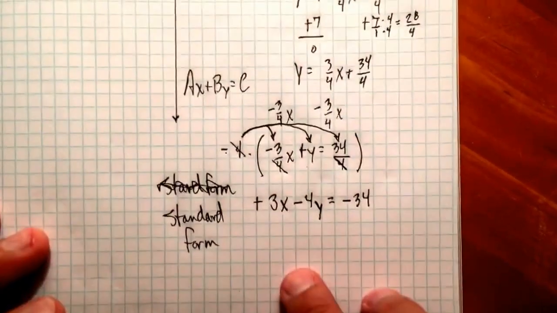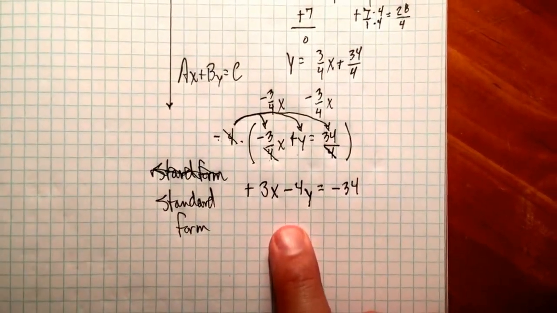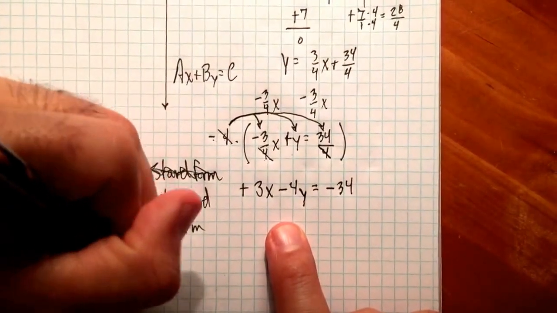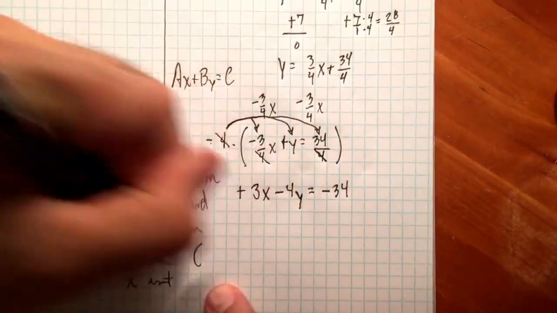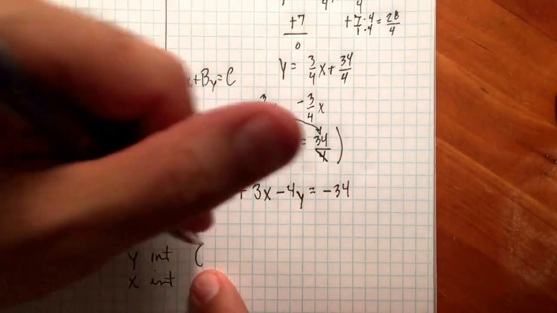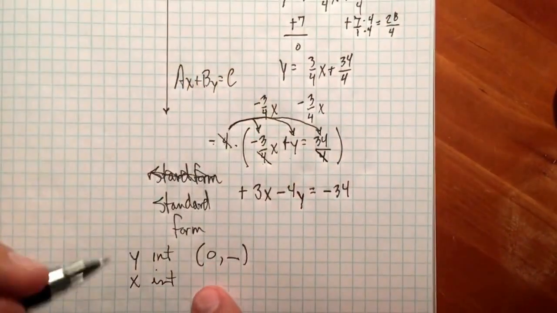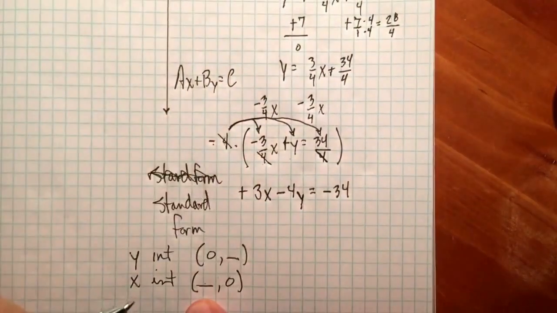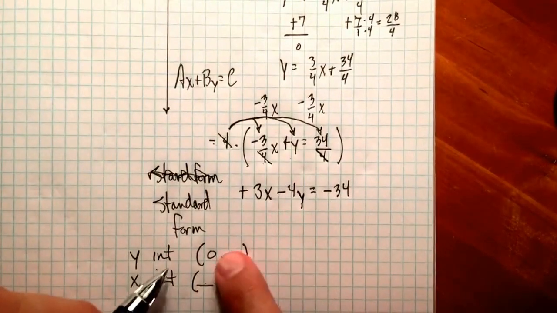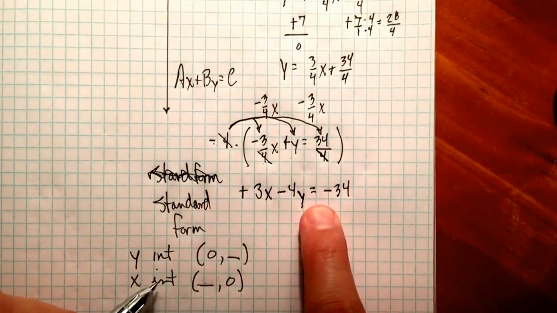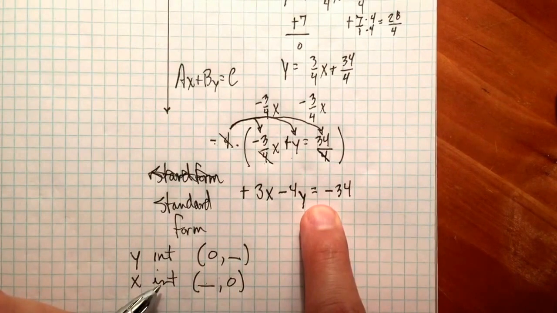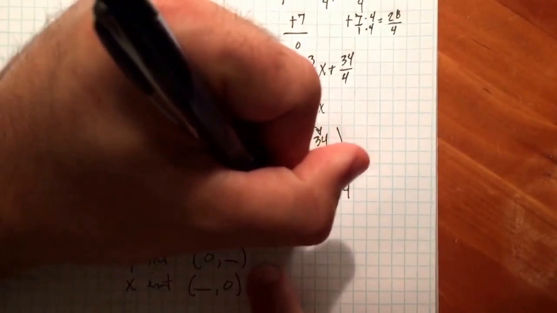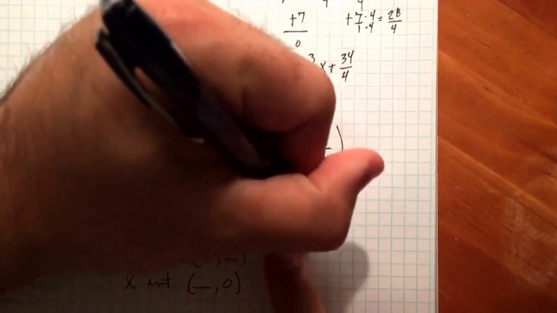Now I've got one more thing to show you regarding standard form. One of the uses for standard form is to help us find our y-intercepts and our x-intercepts. If you remember, our y-intercept will always be 0 and some number, where our x-intercept is always going to be some number, comma 0. So I can take this information and plug it into this equation and solve for my intercept. So if x equals 0, 3 times 0 is 0,